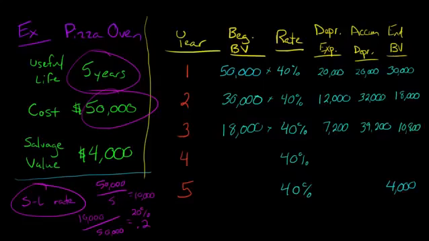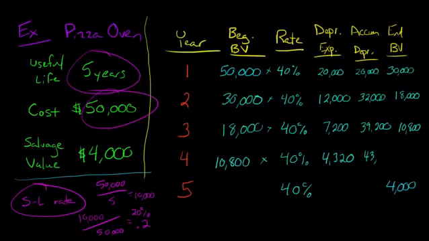I hope I'm not writing off the screen here. And now 10,800 is going to be the beginning value of year four. And we just multiply that. And then that's going to give us depreciation of 4,320. And then our running accumulated depreciation will now be 43,